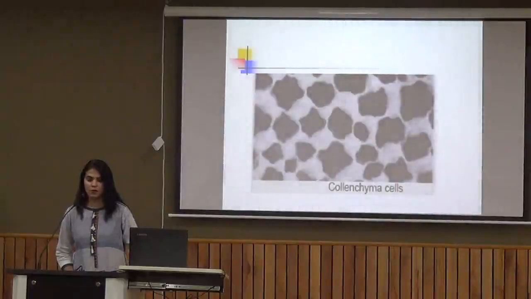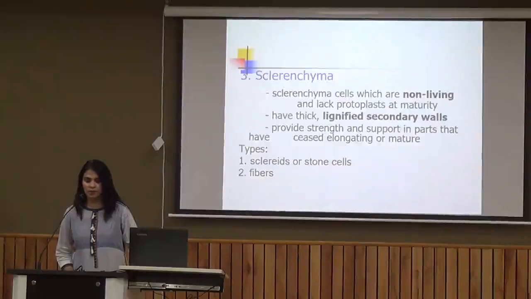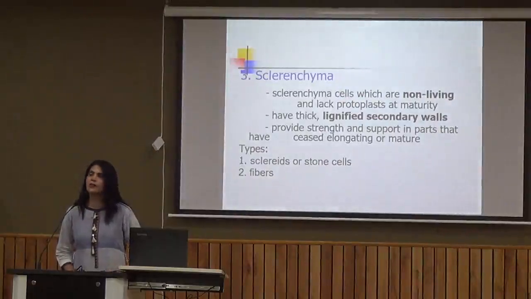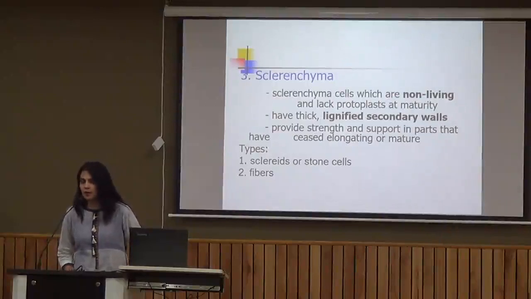As you can look into the diagram, these are elongated cells and the cell wall is irregularly thickened. The third type of tissue is sclerenchyma tissue. Now, if you were to compare them with parenchyma and collenchyma, the difference is that these particular cells are non-living. This is the most important point which you shall remember, that these cells are non-living, whereas parenchyma and collenchyma,